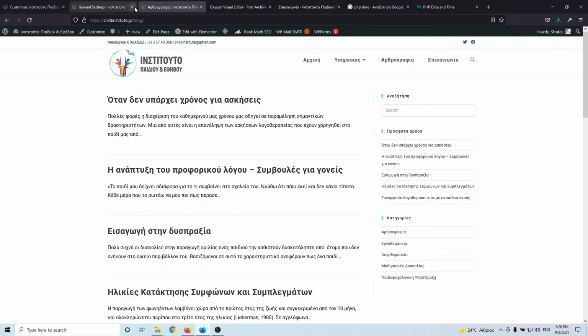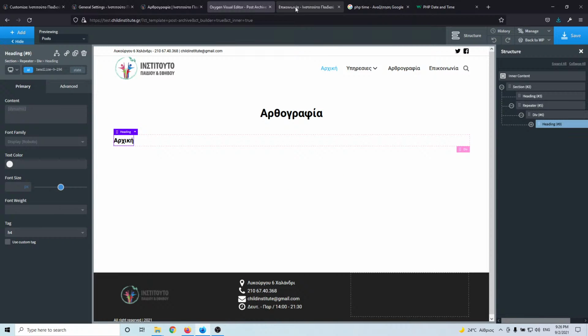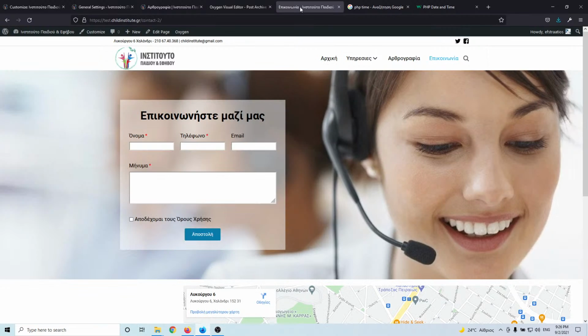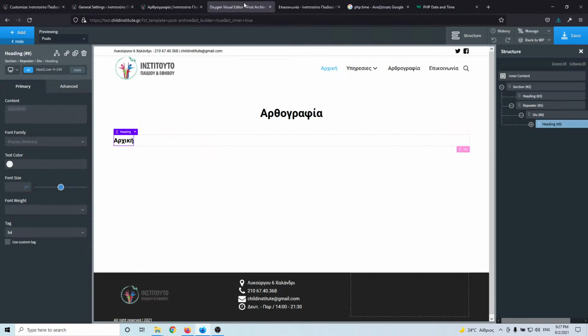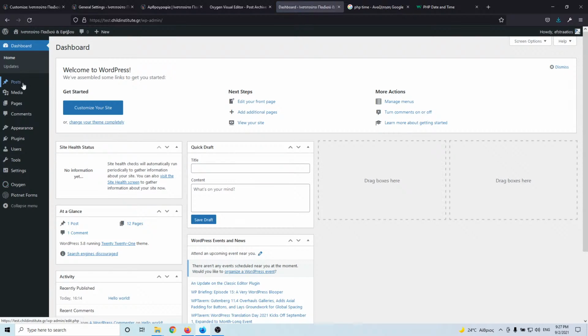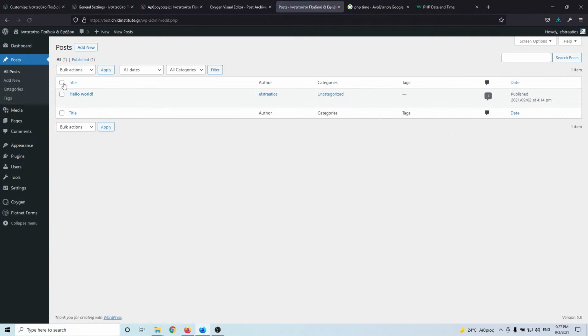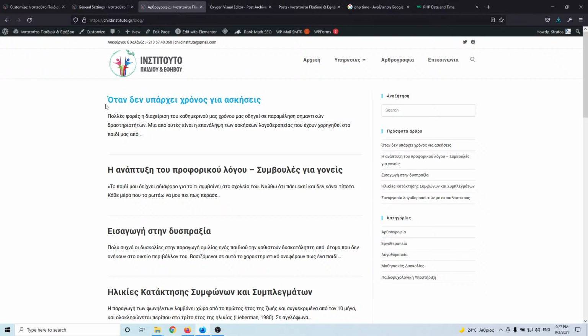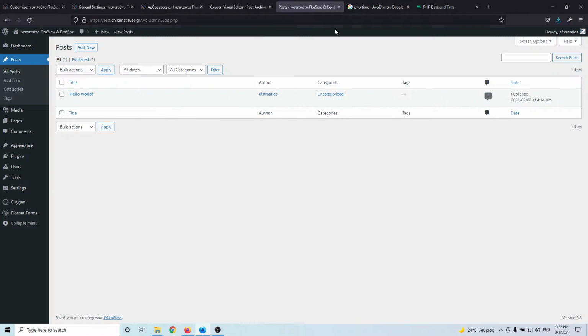Okay, and it says archive. Okay, this is not the post that I'm looking for, and let's see if we have any posts inside here, any posts, because if we don't, then it will not grab anything, so we need to add the post in here. Let's go to the dashboard, and let's go to posts, all posts, and see what we have here. We have the hello world, which I think is published, so it should already appear in here. Let's go here and add this title for the post,